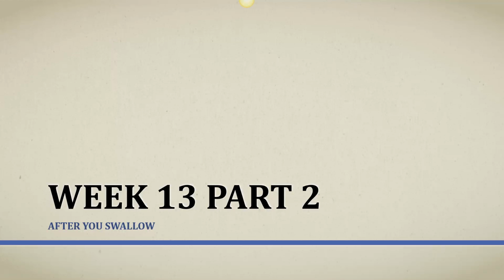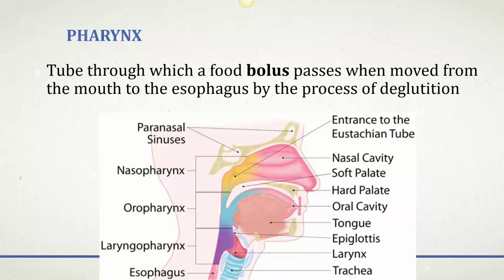So continuing on our pathway, your mouth forms the food that you bring into it into a bolus. And it's important to know what food is called at different locations in the digestive tract. So the bolus moves from the mouth to the stomach. So that's what it's called when it's in the throat and down into the esophagus all the way until it